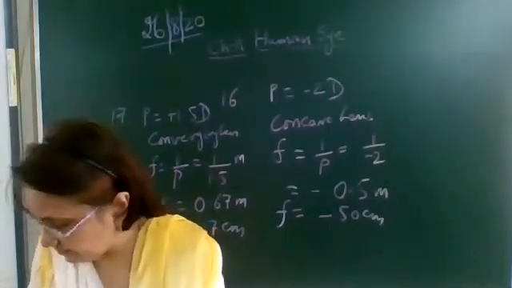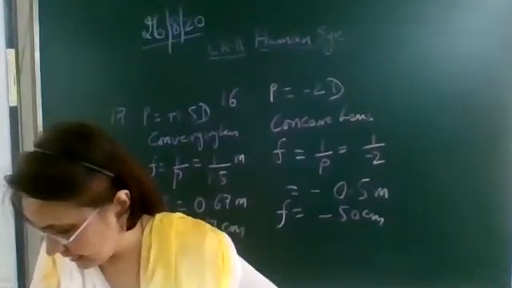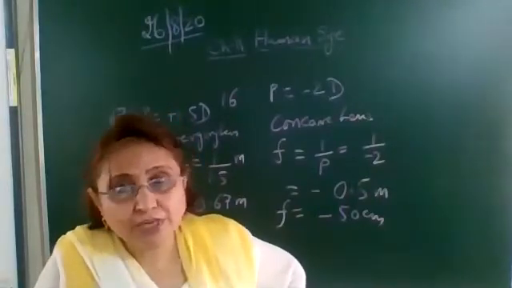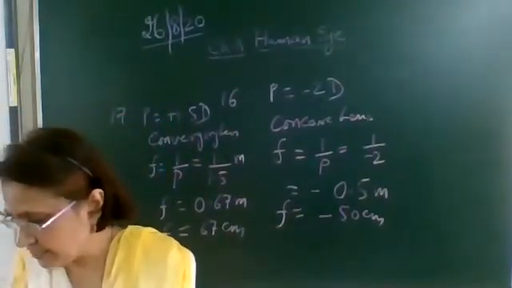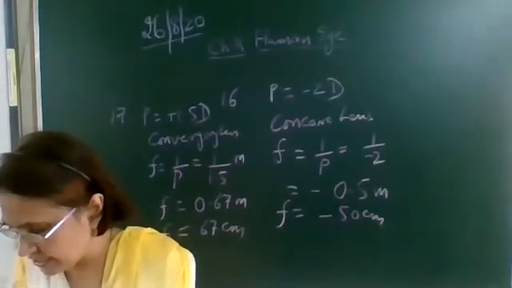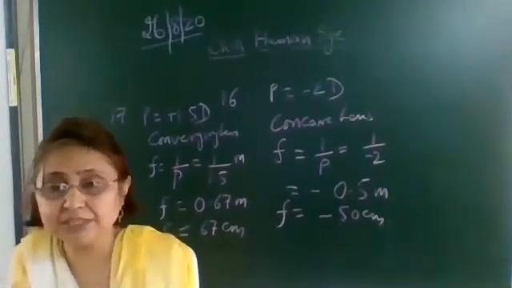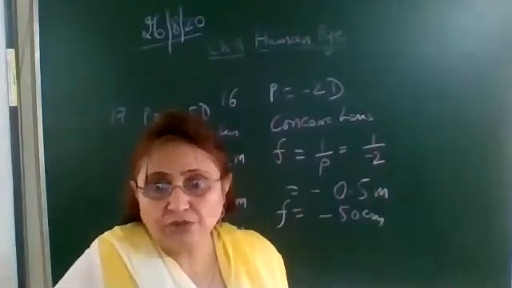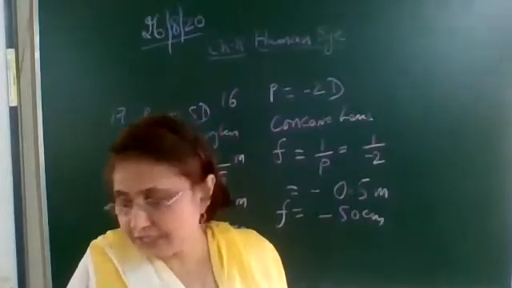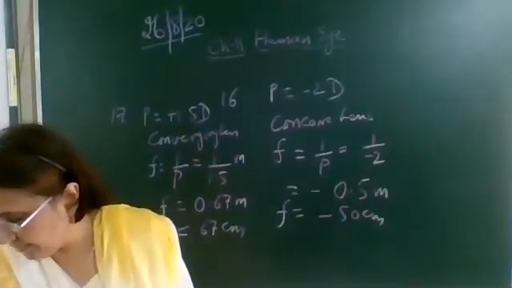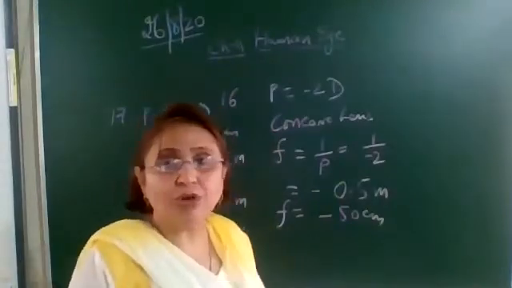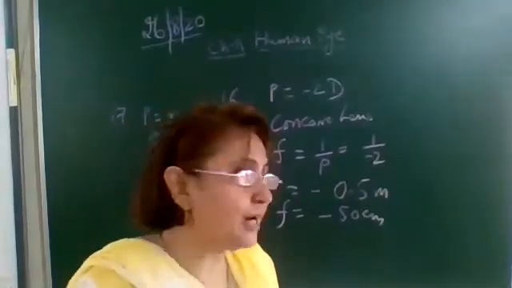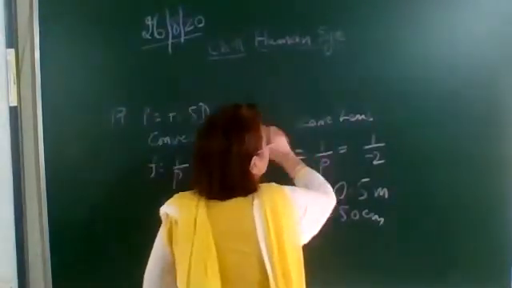Okay, now here the left part is from page number 191. Refraction of light through a prism. Okay, we'll start from here. Then atmospheric refraction is there. After these two parts, then we'll come back to human eye and then we'll study that also. Okay. First, whatever part is there in the CBSE, we'll start from that. So here we start from refraction of light through a prism. Okay, through a glass slab, we have studied in the previous part. Now here, refraction of light through a prism.